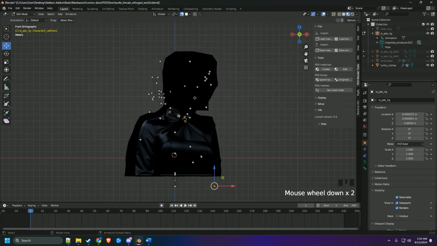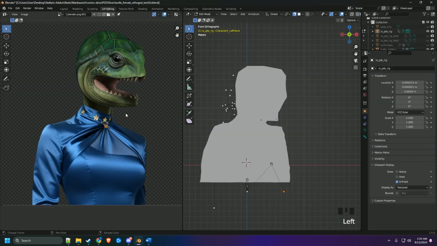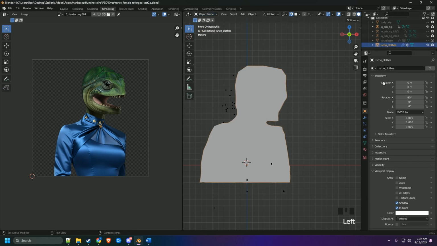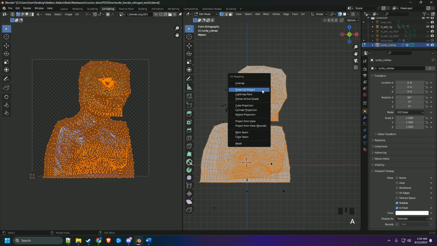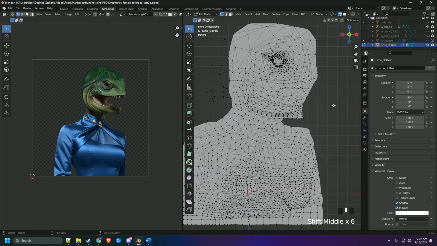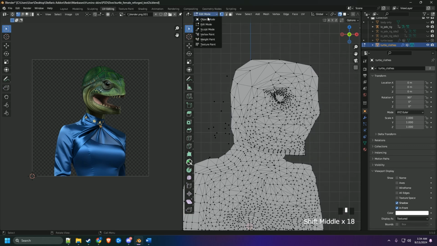So anytime you add more to it, just know you have to go back to UV editing and do the same thing again. Make sure you're in edit mode. Make sure you're on your mesh, press A, and then U, and then unwrap it or Smart UV, whatever gives you the closest to your mesh, your vertices, then you're set. If you have any issues with this, what you can do is go to object mode,